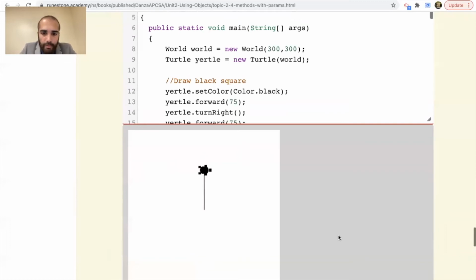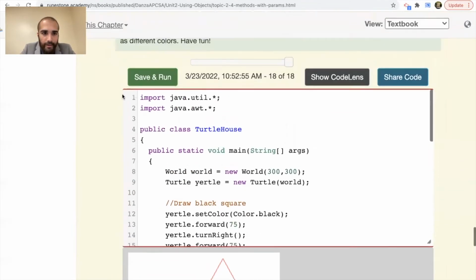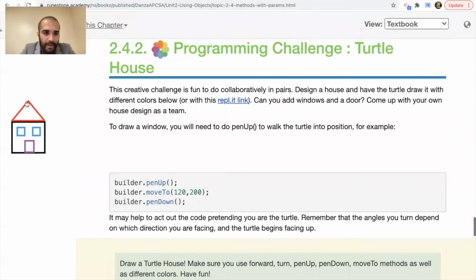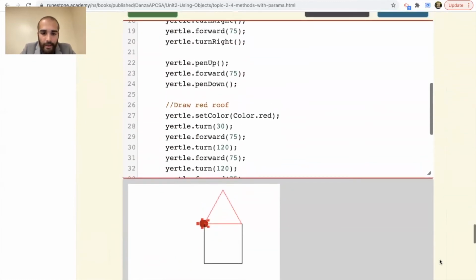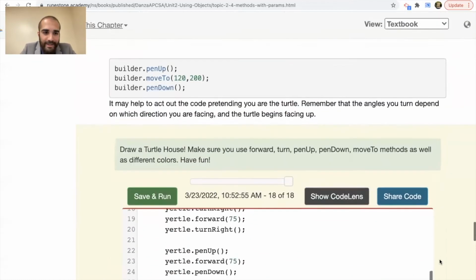All right, so he draws his black square. Once we draw the black square, make him move up, turn red. Okay, there's my triangle on top. That's not obviously the same triangle, but that's fine with me. All right, now that we have our really pointy red roof,